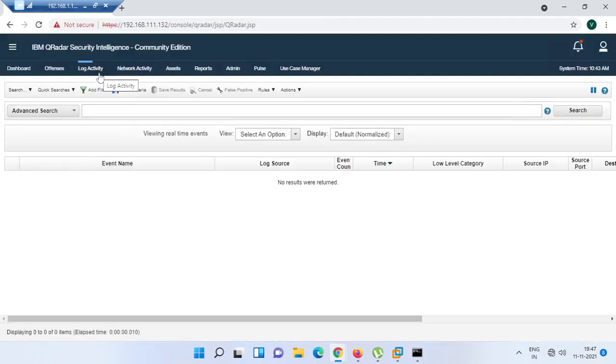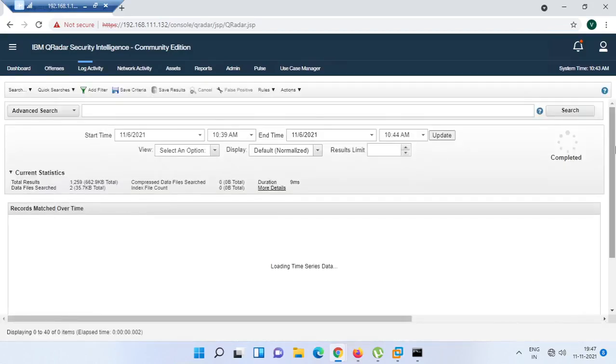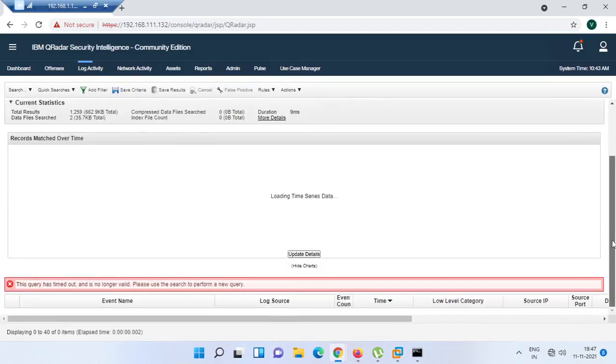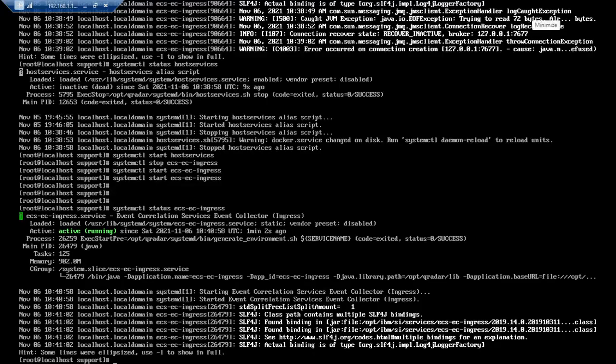It's working, but why is it not showing? That means it is not yet fully activated.